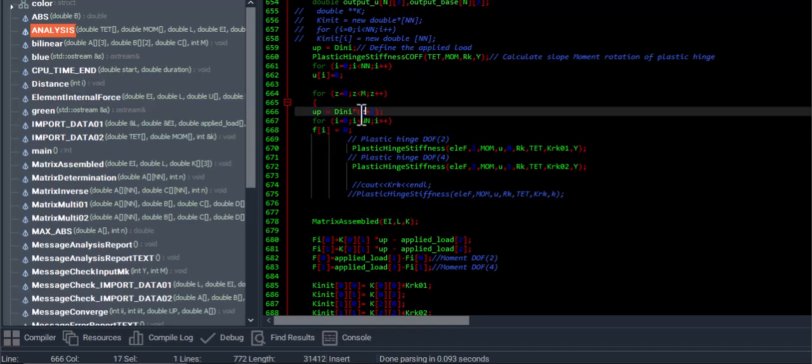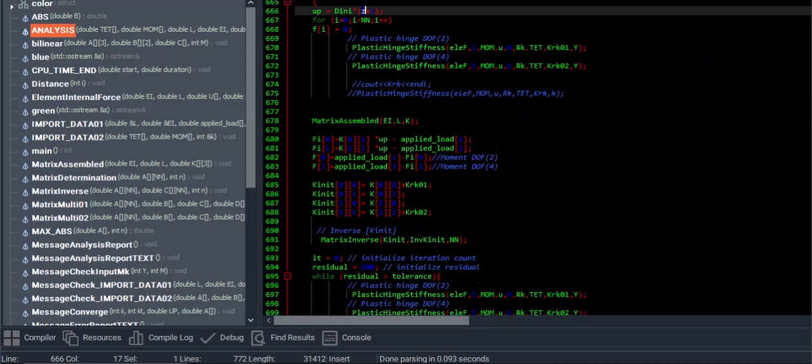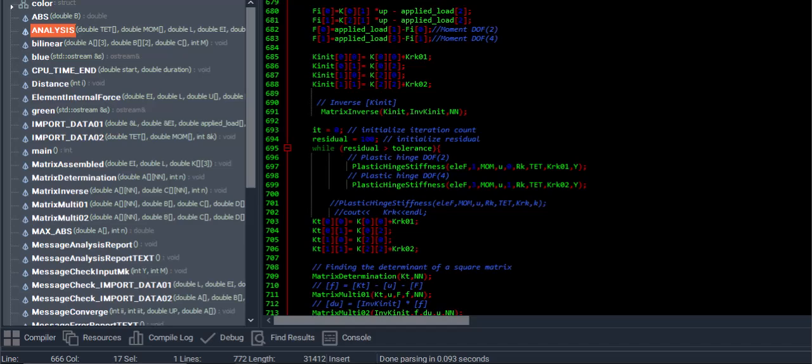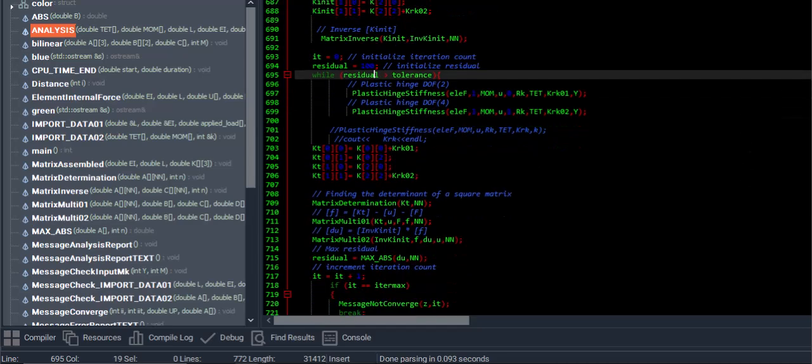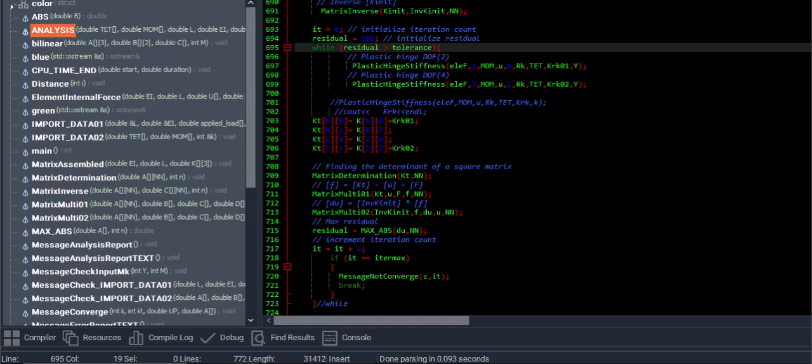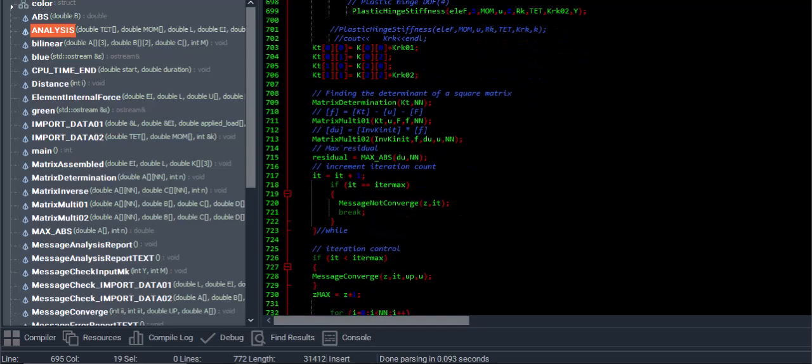You see, guys, in each incremental displacement we're going to check the analysis. And here we defined the while loop for checking the analysis and solving the equations with the Newton-Raphson method. And also